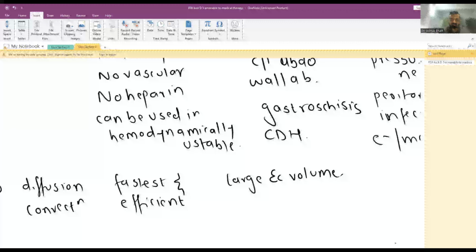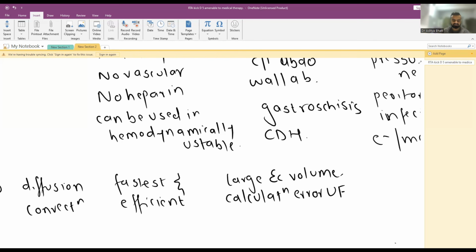Okay, so that is why in pediatrics, this large extracorporeal volume turns out to be a very big problem if you do not calculate it properly. Then second is calculation error. Calculation error of ultrafiltrate. Again, the same I told you, if the calculation is even a little off, it will lead to